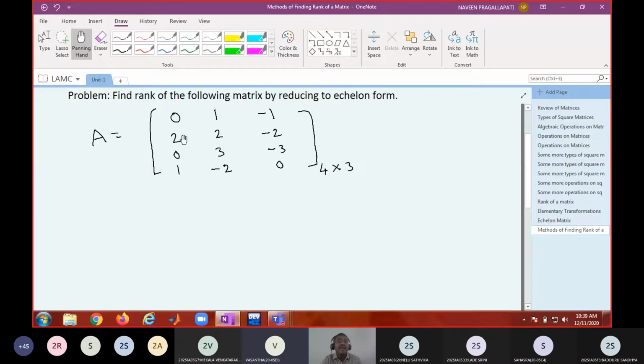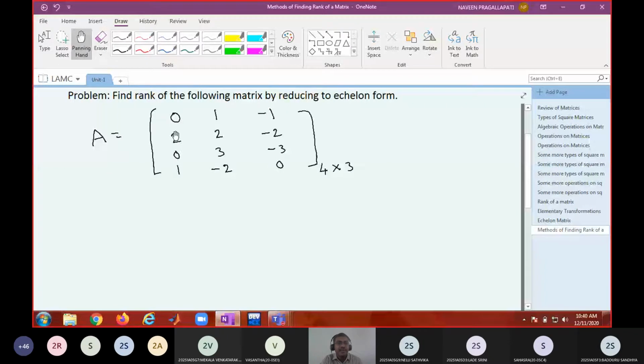If we interchange the first row and the second row... if I can interchange this first row with the second row or fourth row, this portion will be occupied by a non-zero entry. So that can be called a pivot row, pivot element. Is that okay? So what I'm telling you is: look for a non-zero entry under the diagonal position. If you find a non-zero entry, interchange the corresponding rows.